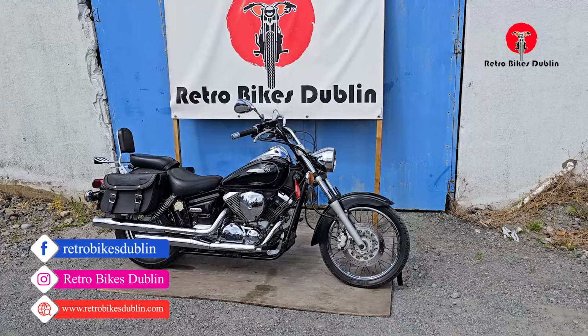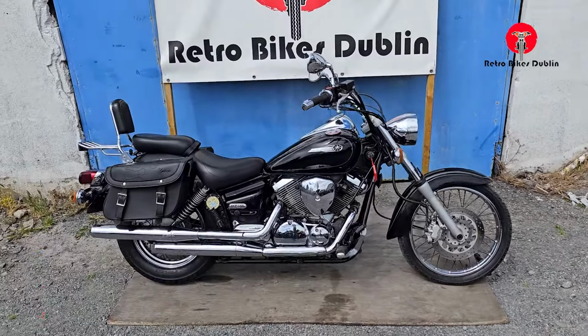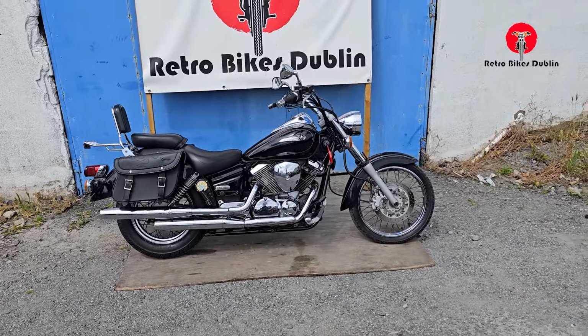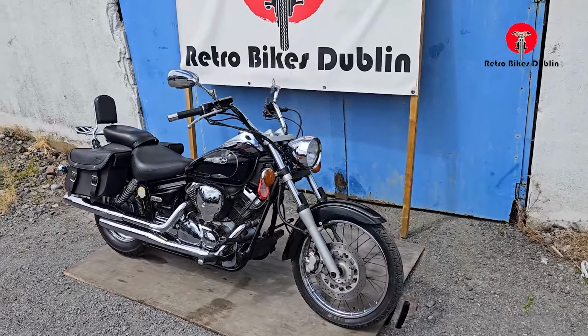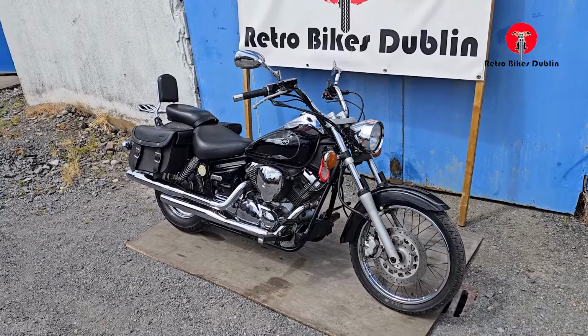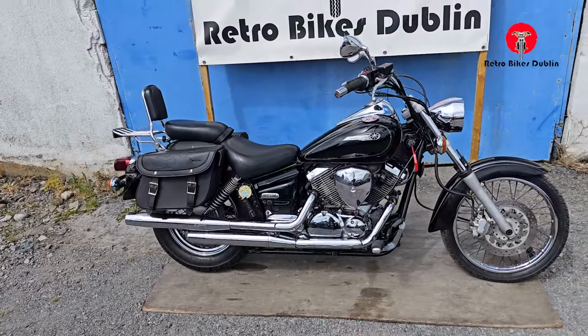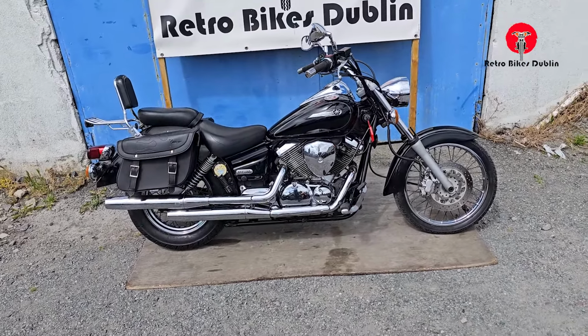Today we're looking at a beautiful Yamaha Dragstar 250. Really nice condition overall. Great thing about these Dragstars is they look like a proper full-sized cruiser bike. They sound beautiful. They're really comfortable, easy to ride. Great for newcomers, great for people coming back into motorcycling, great for people who just want a commuter to get in and out quickly. The 250 gives you a little bit more power, so you can go on the motorway